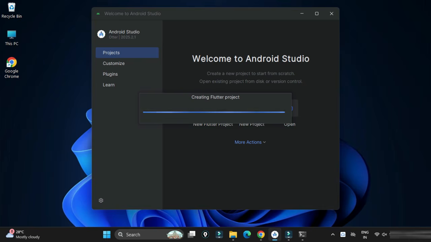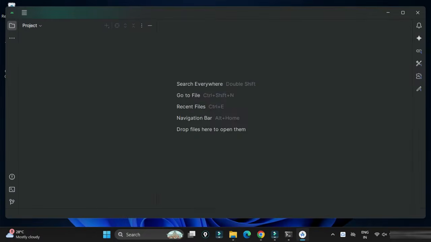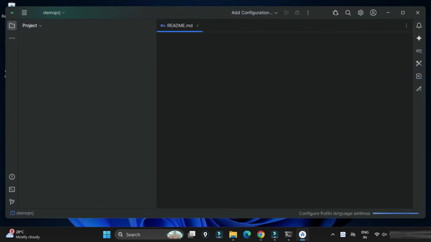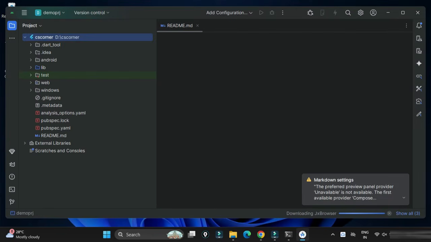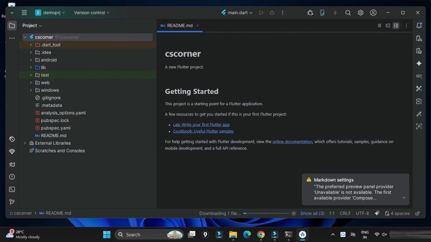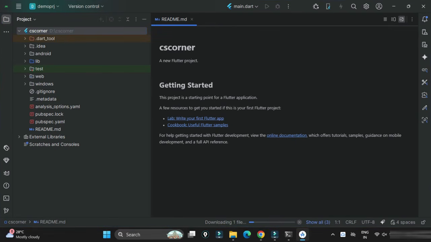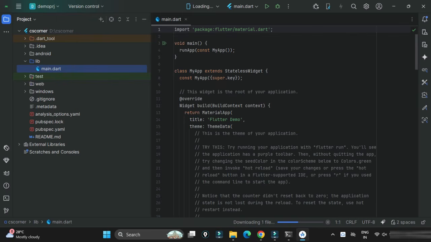Okay, so now it's showing me creating Flutter project. And guys, here you can see my Flutter project has been created over here. And now you can see it's showing me what Android, iOS, web, because I selected that option. If you don't select, it will not come, right? So since I wanted to create application for all this, I have selected. This is just a demo application. So I'm just trying to show you that yes, what kind of things you can do in Android Studio using Flutter.